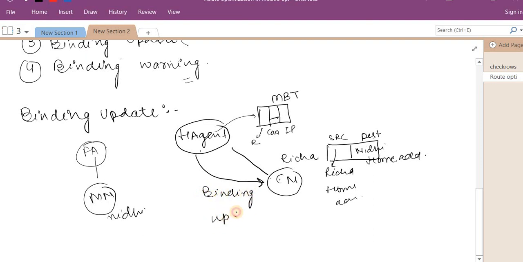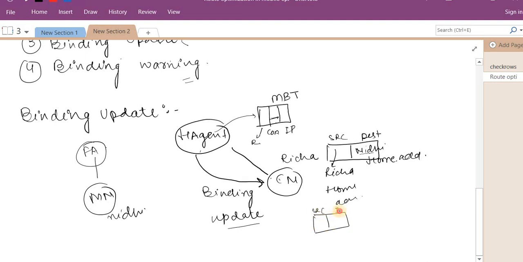So what is the binding update? The binding update is nothing but a packet informing the corresponding node regarding the new IP address of the particular mobile node, that is Nidhi: the care of address of this Nidhi is this one, so kindly use this IP address instead of her permanent IP address. Kindly do not send me this type of packets again. You can generate one packet with source ID and destination ID.